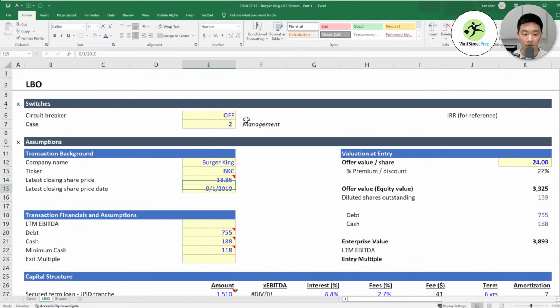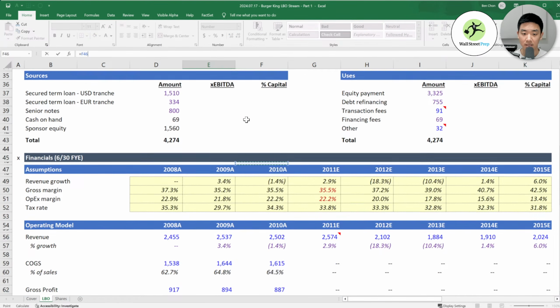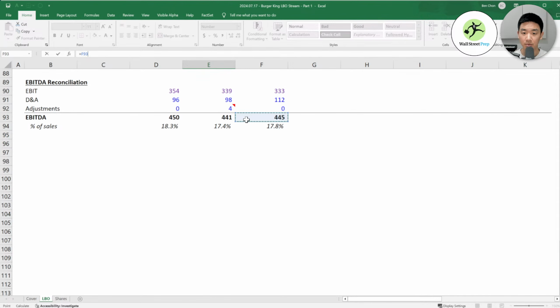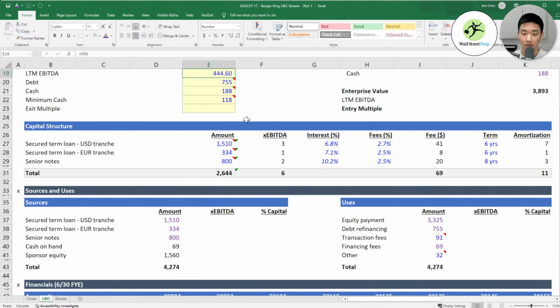So we can go back up here. If you forgot, we do still have a little bit more to add and change here. So LTM EBITDA, this is not our pure LTM EBITDA, right? This is 2010 as of June 30th, 2010. And so ideally, you actually want literally the last 12 months of financials, which a private equity firm may have something closer to. But in our scenario, we only have the public information that's available, right? So the closest we can get to is the latest filing that is provided. So we are going to treat this as our last 12 months EBITDA.